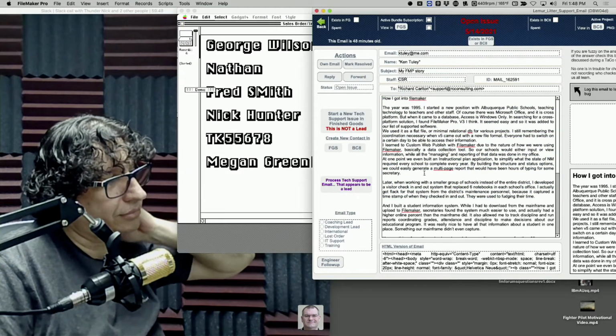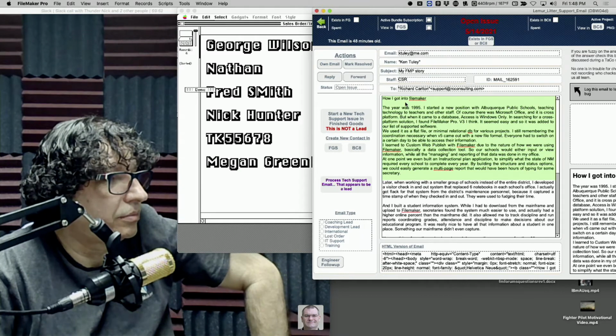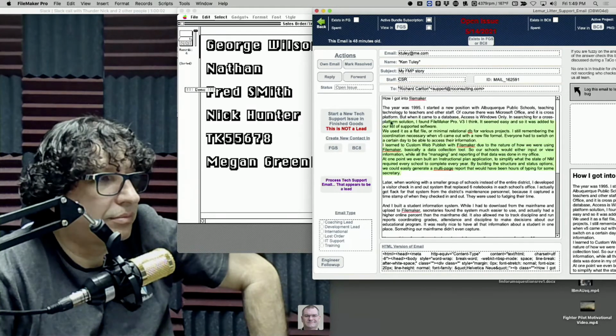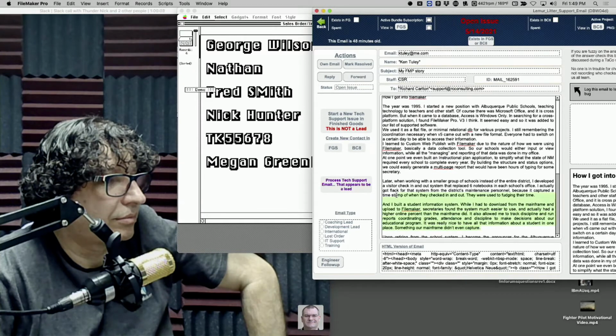I think FileMaker is great when it supports more open source like JavaScript, things like that, CSS, things like that. It gets more acceptance. So he got into it managing with the schools, instructional plan application. He did a lot of work for them. So he stumbles into it by accident, completely by accident. Once again, then he built the student information system.